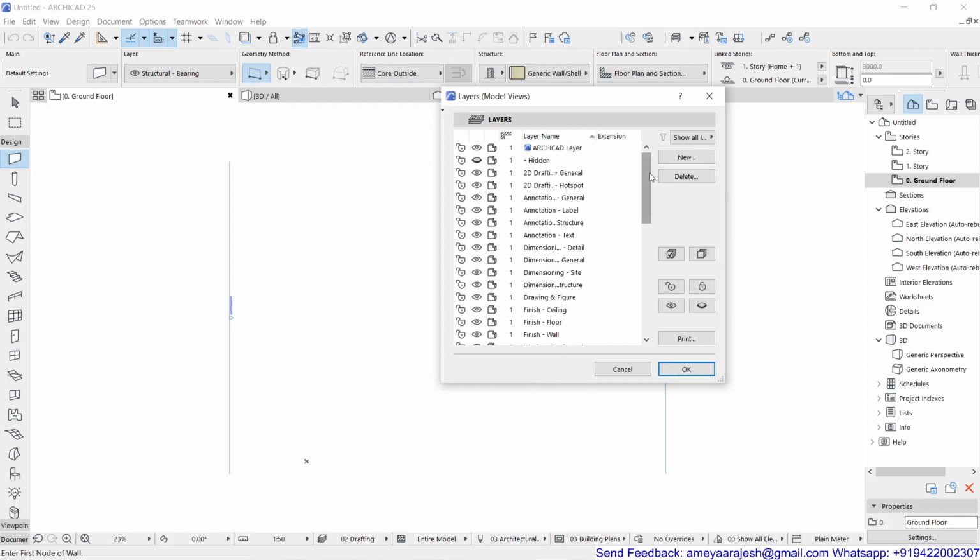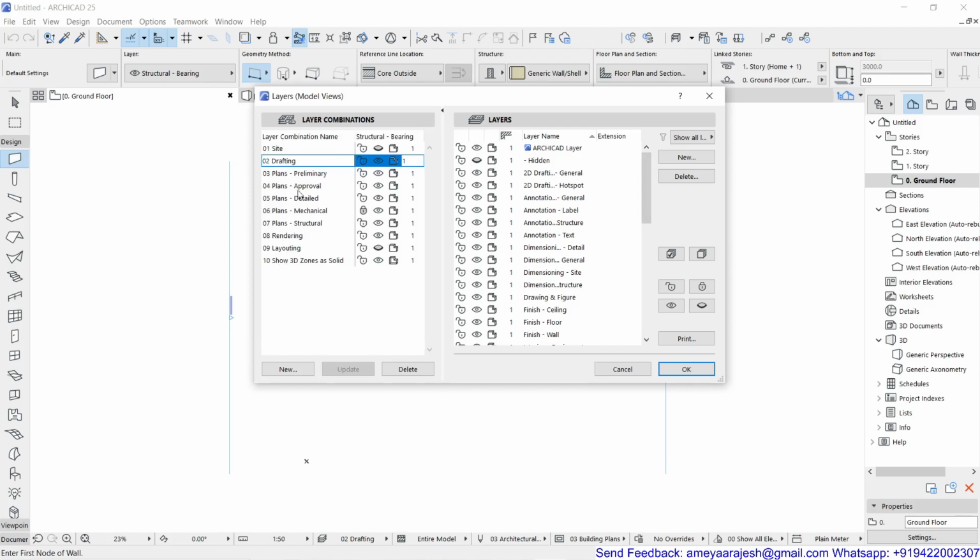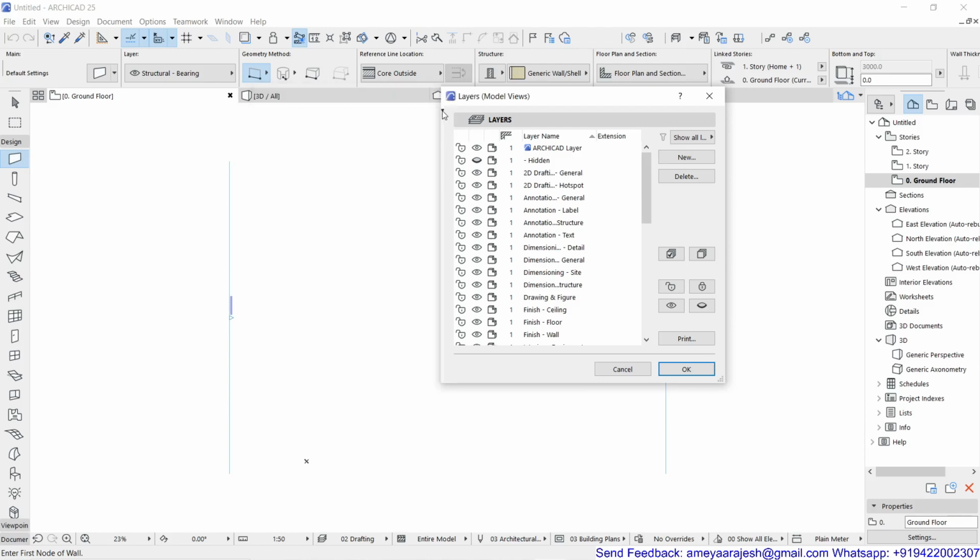So here you can see the layers available, and these are the default layers because of the template which we have selected. So tomorrow, if you start designing your own template as per your choice, the layers can be incorporated in this. And the same thing applies to the combinations also; you can have several combinations as per your choice. Later you'll understand the benefits of all these things, so have patience about that.